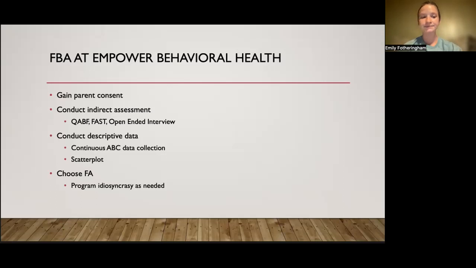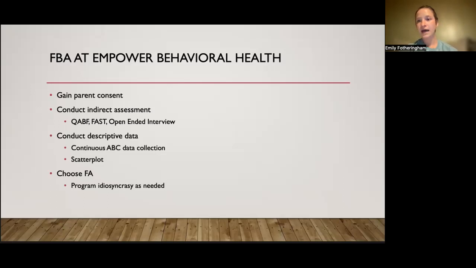Finally, the behavior analyst will choose the best FA for their client, whether that be a latency, an interview-informed synthesized contingency analysis, traditional, brief, or pairwise. And then based on the descriptive data, the analyst can also program any idiosyncrasies as needed. For example, if the direct